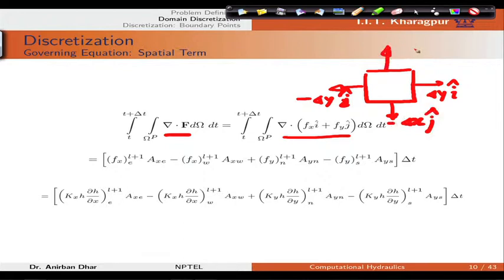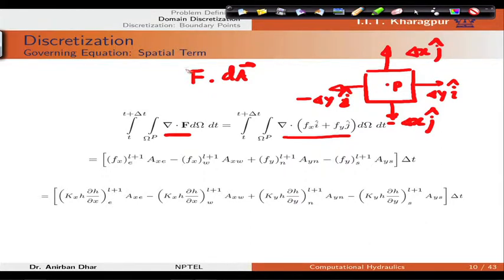On the upper side this will be del x j and this is P cell. Now, for this cell if we consider